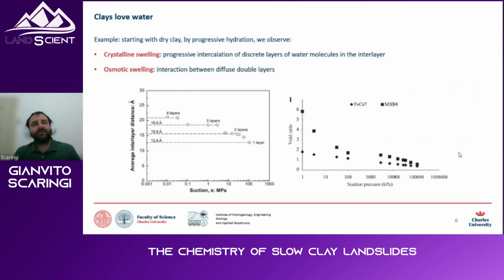Then the charges are balanced enough to produce a diffuse layer, and that's what happens when you continue to saturate the clay in this way, because 4 layers of absorbed water is still not saturated clay. The clay is completely unsaturated. Then you have a formation of diffuse double layer up to full saturation, where you basically start to have free